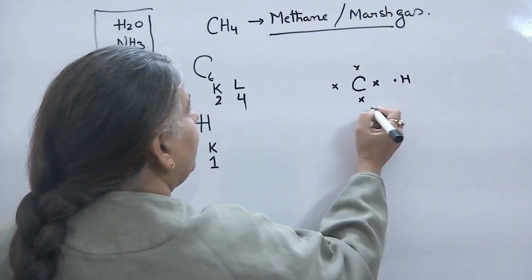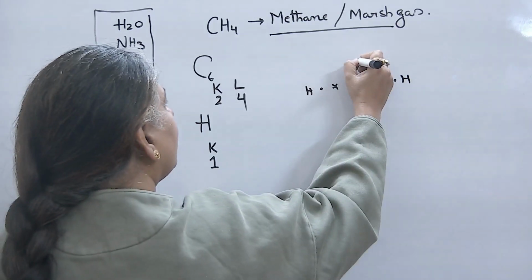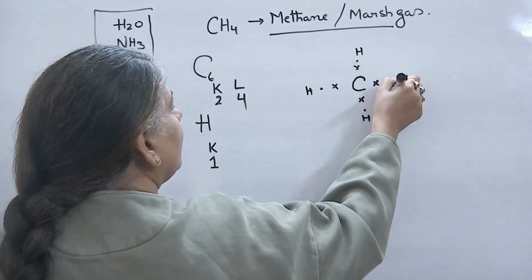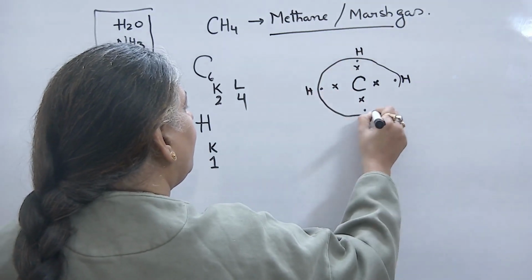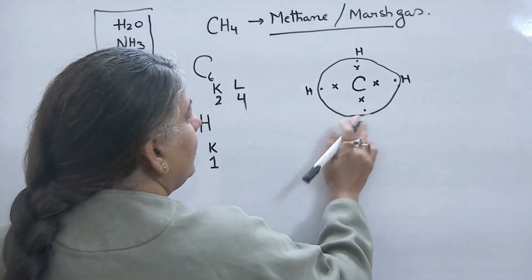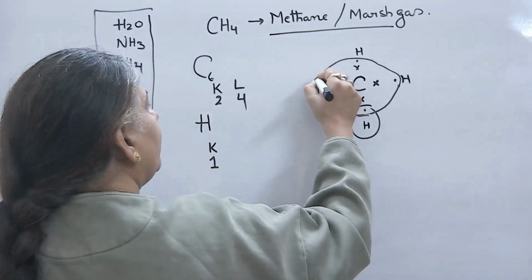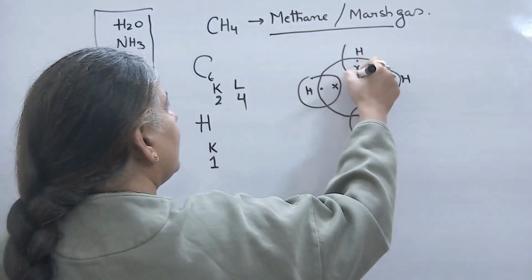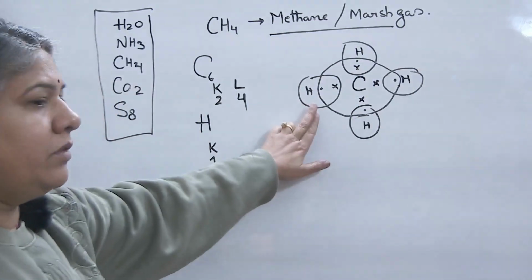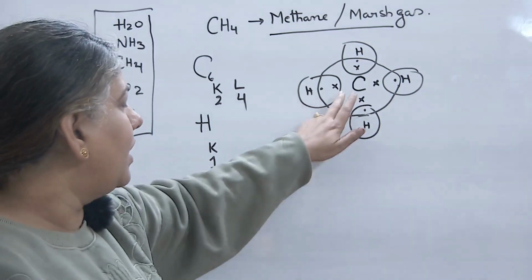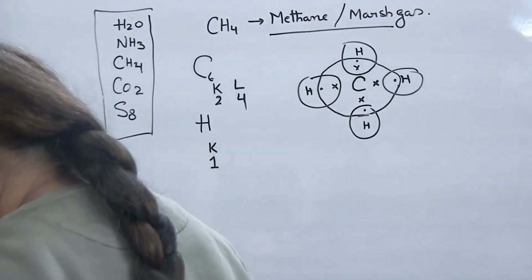Then hydrogen with 1 electron each. You need to practice a lot. If you are not thorough, then please practice it before your exam. So hydrogen is completing its duplet and carbon is completing its octet. Next molecule is